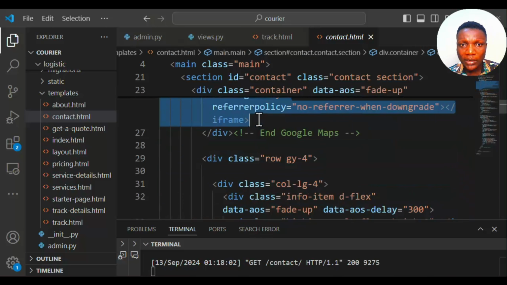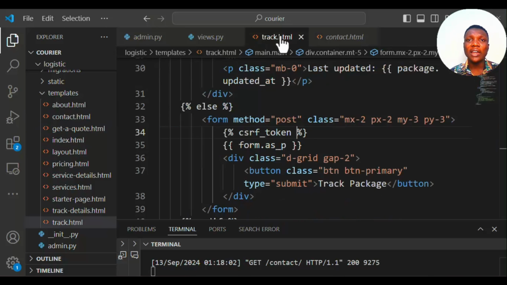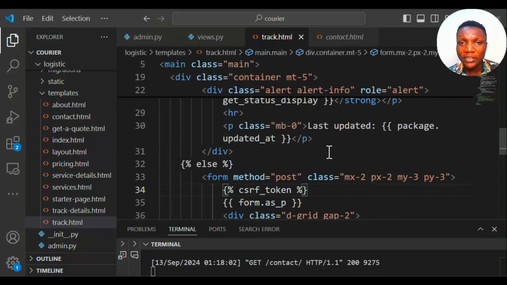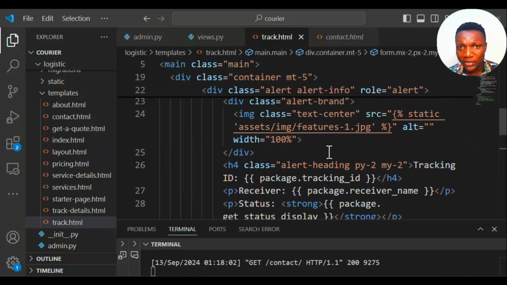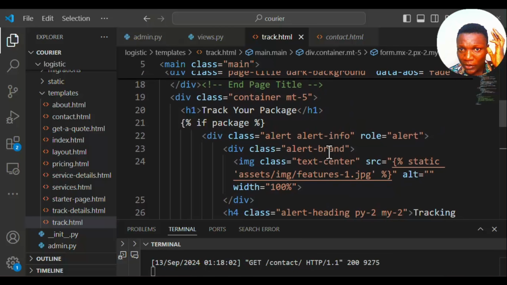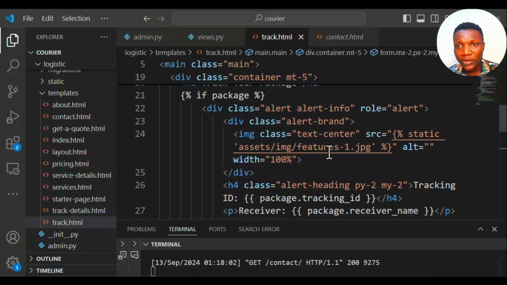Copy that, and I'll take it to the tracking page. After the form, this is where we are rendering the form details, I am going to render it just below the image. So let's put it here,